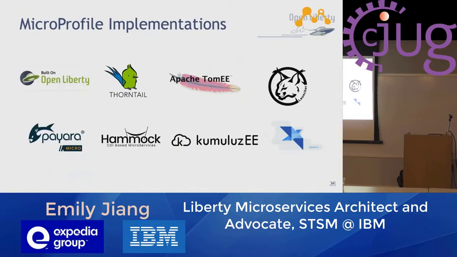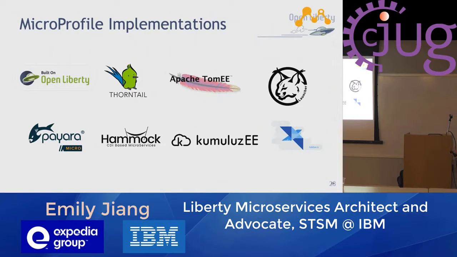So it's like Graham said later on, MicroProfile is about APIs, and APIs cannot do much if you don't have an implementation. If you want this API to work for you, you need the implementation. So in MicroProfile we have a lot of implementations to support this API, like Open Liberty, which is an open source project. Nearly all of us, like 5 of us, work on this project, Open Liberty.